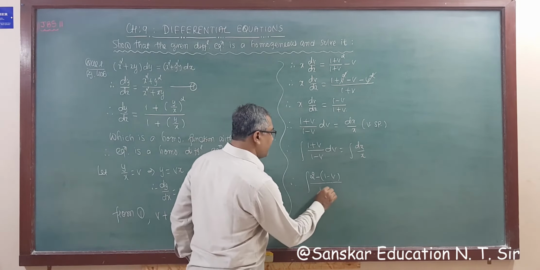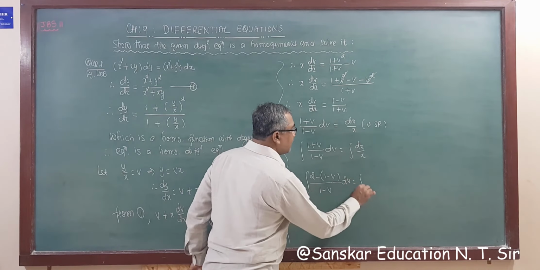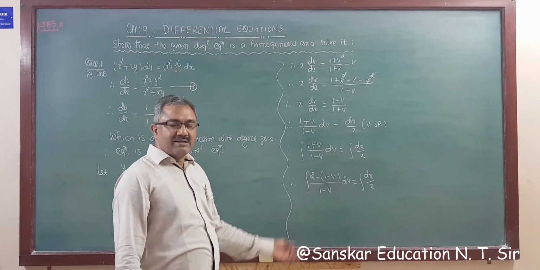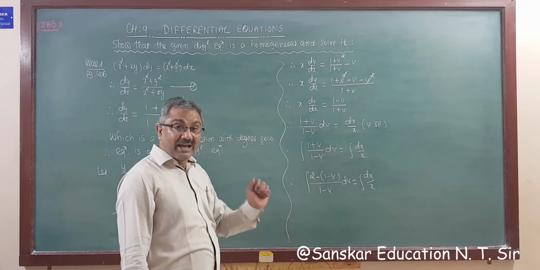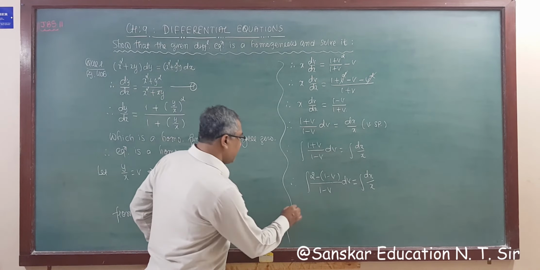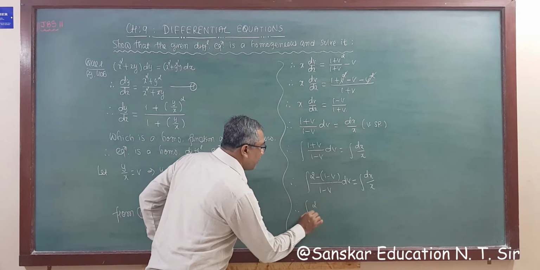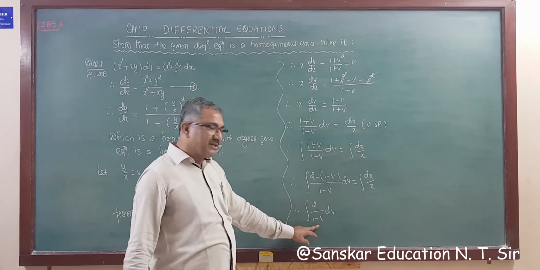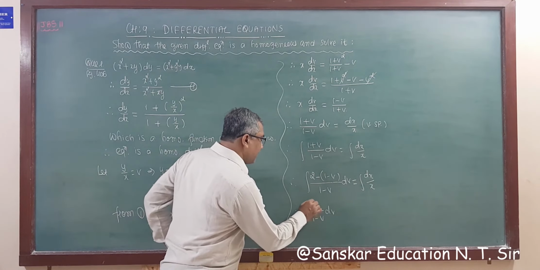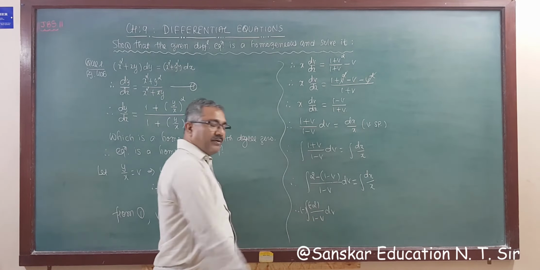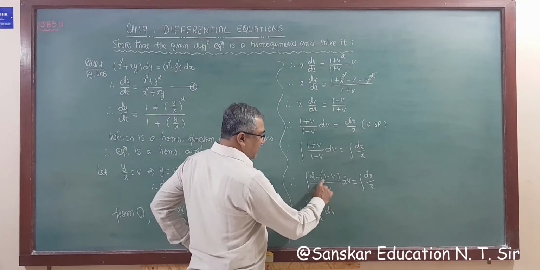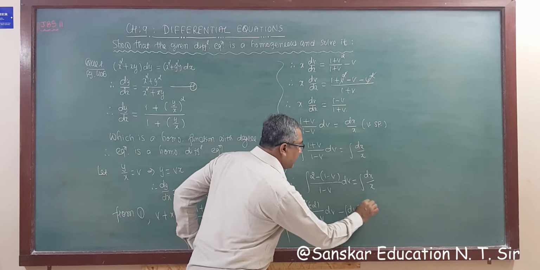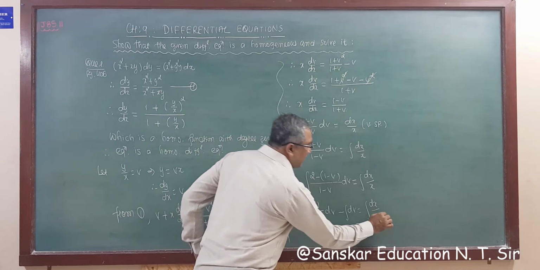Okay. So this is integration of 1 minus v dv is equal to integration dx upon x. Now bifurcating this, and this is a very easy integration that you know, so you can also do it yourself. So integration 2 upon 1 minus v dv, right? Now derivative of denominator is minus 1. So multiplying by minus 1 and dividing by minus 1, I am writing minus 1 here. Now this 1 minus v will be cut. So we get integration dv is equal to integration dx upon x.